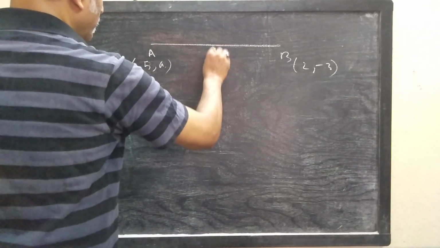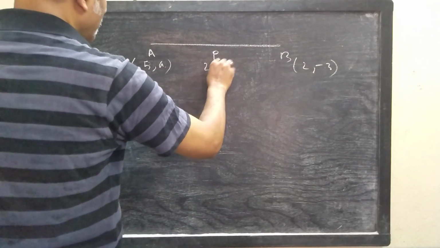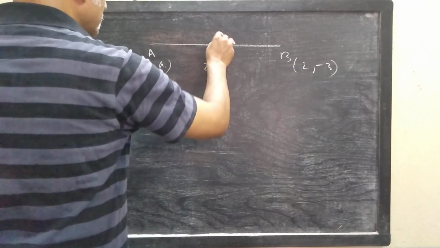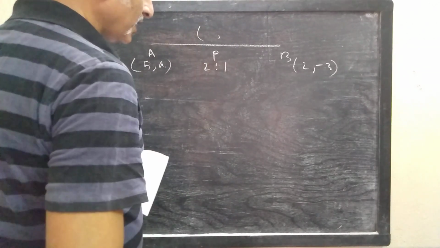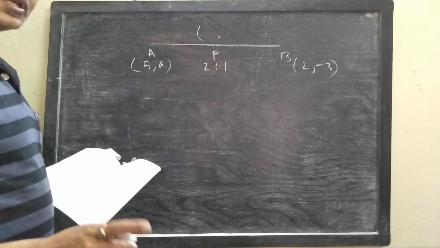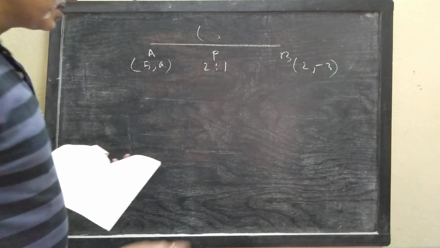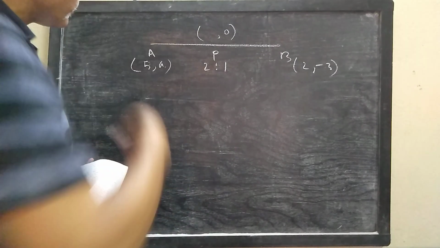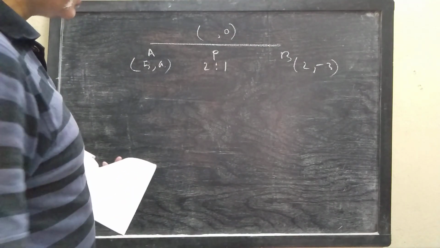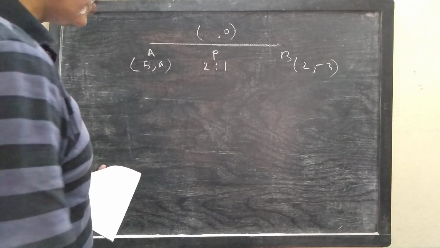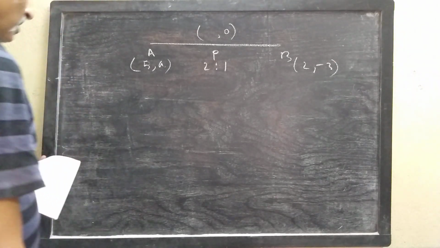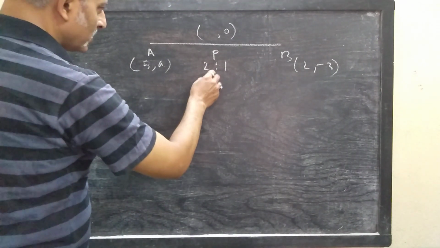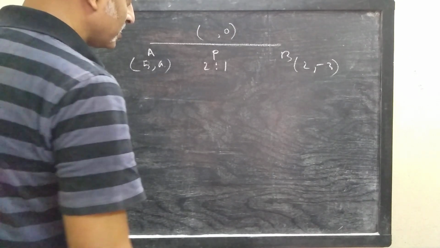Here is a point P which divides AB in the ratio 2:1, and another feature is that the point P lies on the x-axis. We know all the points lying on the x-axis have their ordinate 0. So the ordinate of the point P is given to be 0. We don't know the abscissa, but it is known to us that its ordinate is 0. Why? Because the point of division lies on the x-axis. So first find the coordinates of P, with P dividing AB internally in the ratio 2:1.